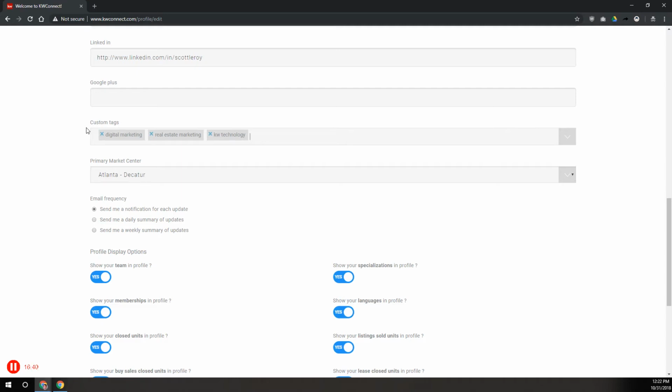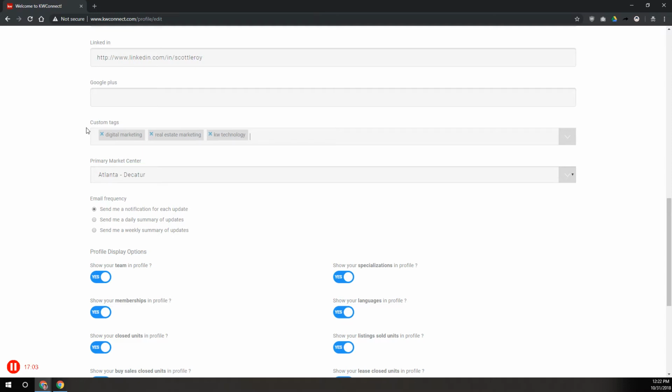So if you're, say, a listing specialist and you only work with sellers, you would not want to put buyer scripts in this box. You would not want to put in showing tips or things like that, because any content you put in here is more than likely not going to be related to buyers. And again, other agents are using the search function,